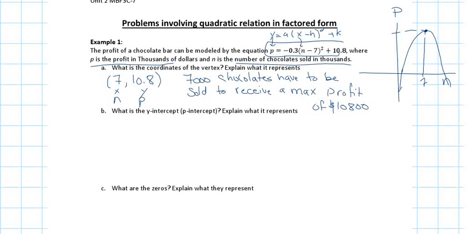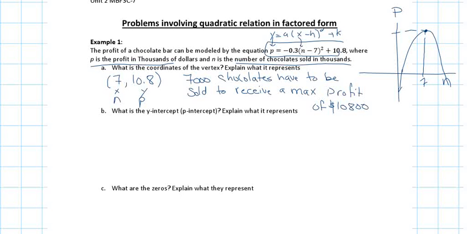Okay, are we okay with this so far? So the second part of the question is asking you what is the y-intercept and explain what it represents. So you always remember that you're going to have to ask yourself, what form do I want it to be in order to find what the question is asking me for. So I want it to be in standard form, right? Because standard form, the last number, that's your